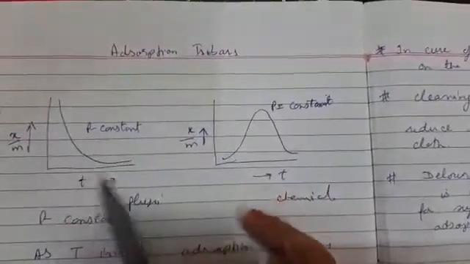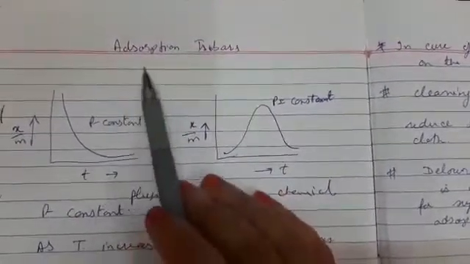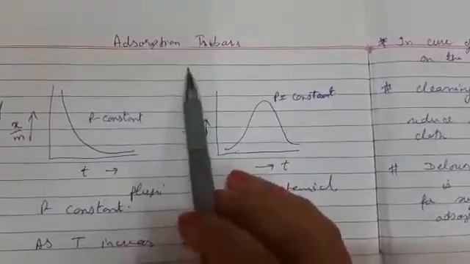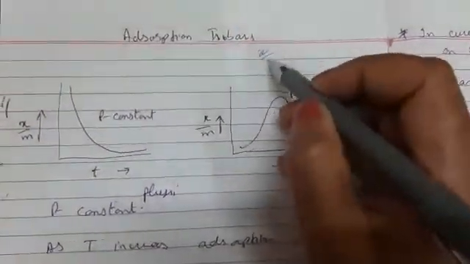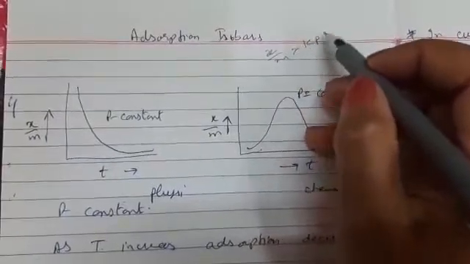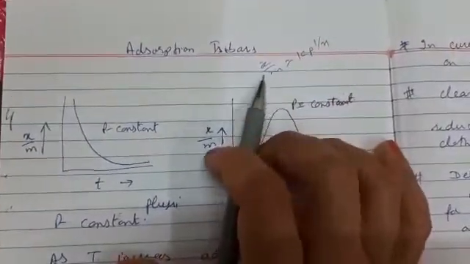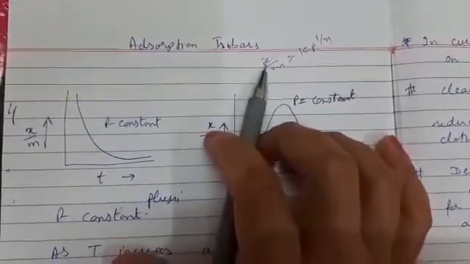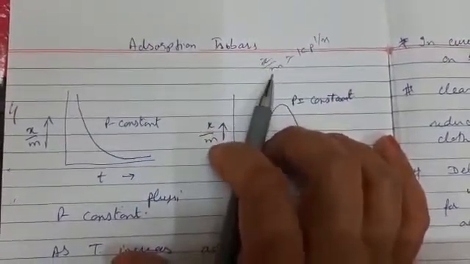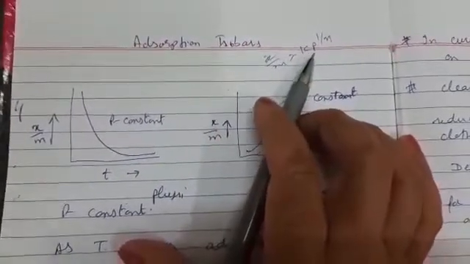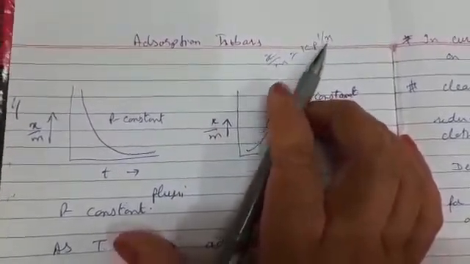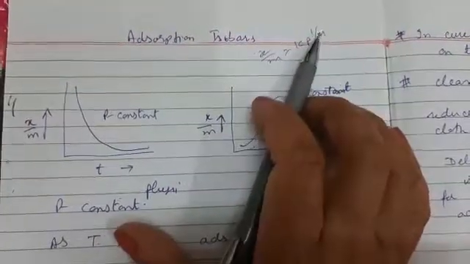Like when we plot a graph, in yesterday's video when we discussed the adsorption isotherm, there was an equation: x/m = kp^(1/n). Here x/m is the amount of gas adsorbed on the surface of the adsorbent, the ratio of adsorption. K is a constant, P is pressure, and n is also a constant. So these two, k and n, are the constants.